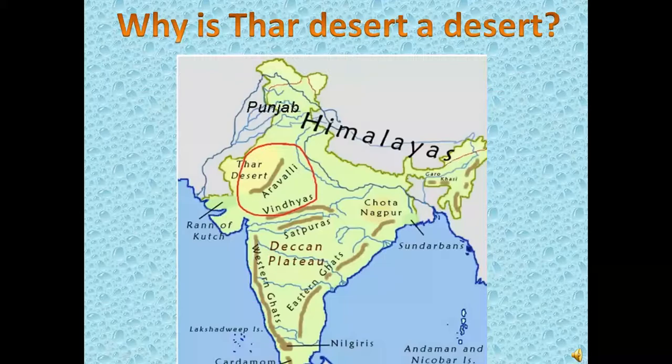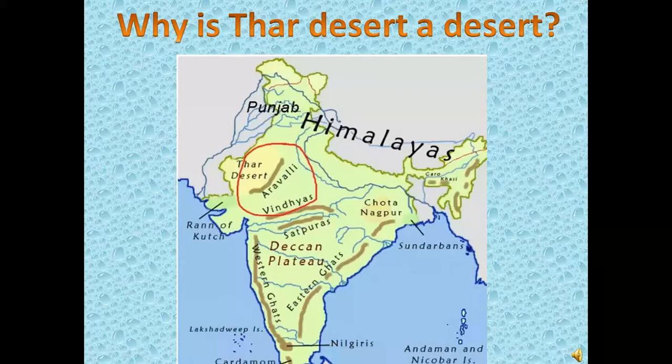So students, as I was mentioning, why do we find the Thar Desert to be a desert? It's when these moisture-laden winds are moving from the Western Ghats. It moves up. It passes the Satpura range, the Vindhya range, and finally, when it comes to the Aravalli Hills, it moves parallel to the Aravalli Hills, and it sheds the moisture on the windward side of the Aravalli Hills. And again, we can see that the leeward side, that is the Thar Desert region, remains dry because the winds